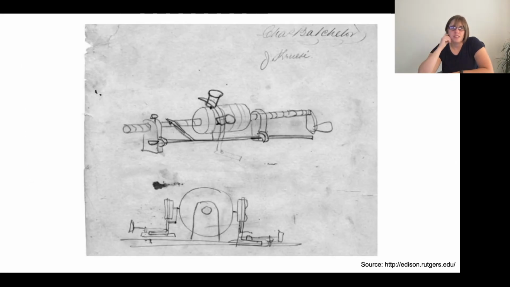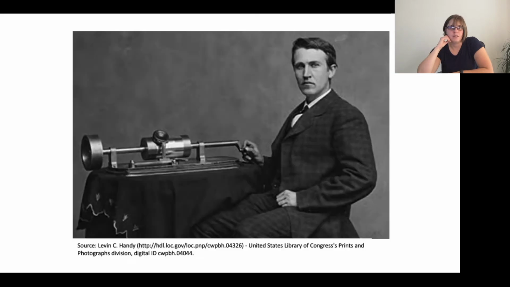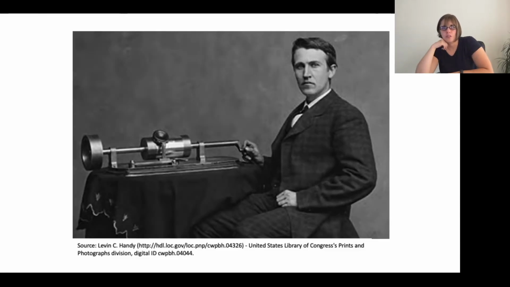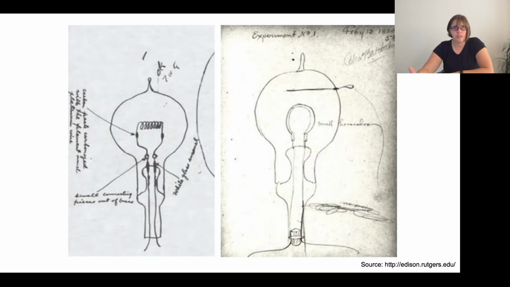These are some of the examples of early light bulb sketches that he drew. This is a new idea that he's using the sketches to convey. And of course, this is a more final version that's in the US Library of Congress. So you can see that progression from initial idea to final product and the value that those sketches must have had, because obviously Thomas Edison is the man behind it. He's the person who gets the credit. He's the person who maybe came up with the idea, but there are lots and lots of people who worked with him. So these are some examples of the light bulb.